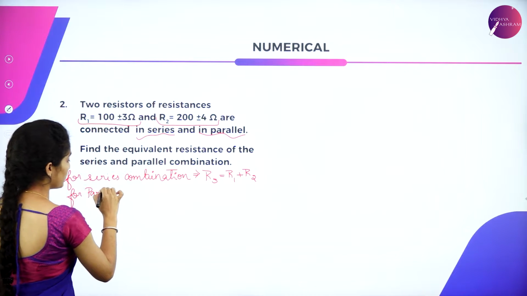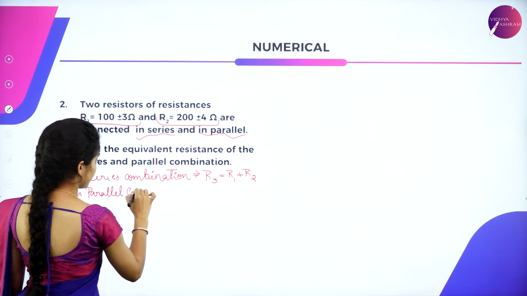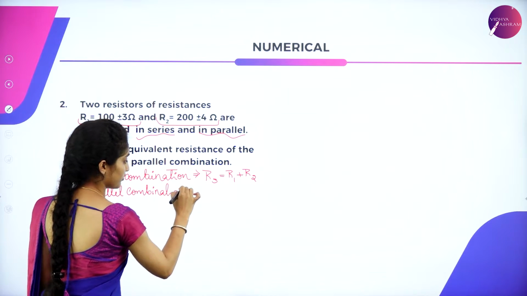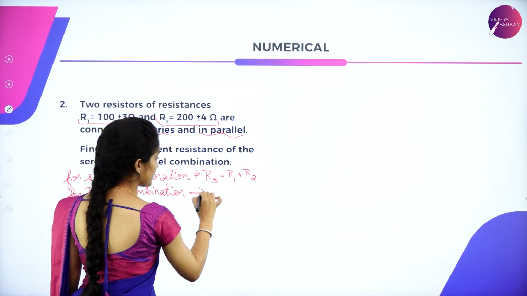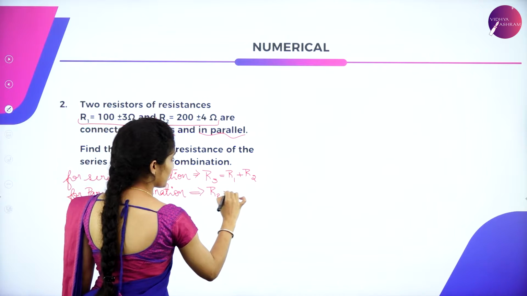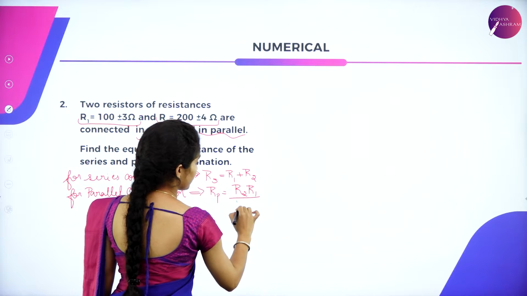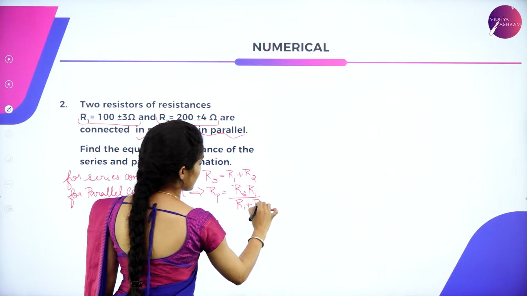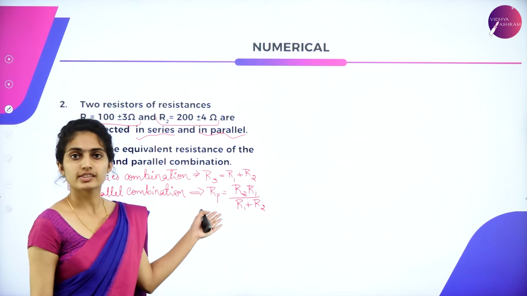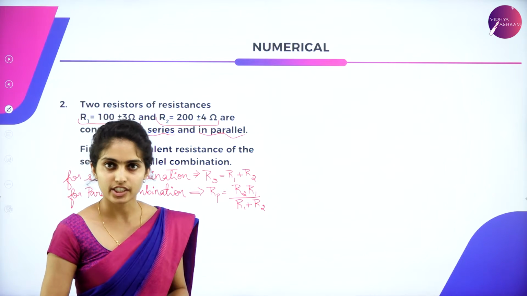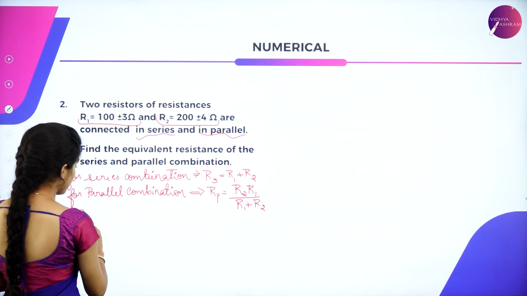For parallel combination, we use Rp is equal to R1 R2 divided by R1 plus R2. So this is how we use the combination formula, which is already given in your textbooks. We all know the given terms are